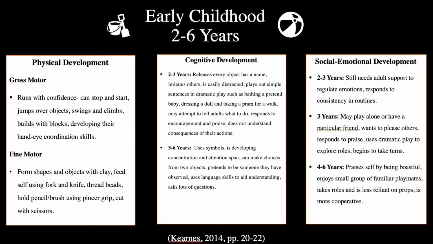During the period from 2 to 6, a child's fine and gross motor skills are at the point where they can do many things independently, such as dressing and undressing themselves, toileting and hand washing. Their gross motor strength, agility, flexibility, balance, and coordination improves as they acquire the skills to explore obstacle courses, jump on the spot, propel themselves along on a tricycle, and catch a large ball. Their fine motor development allows them to hold a pencil and brush using the pencil grip, thread beads, and cut with scissors.